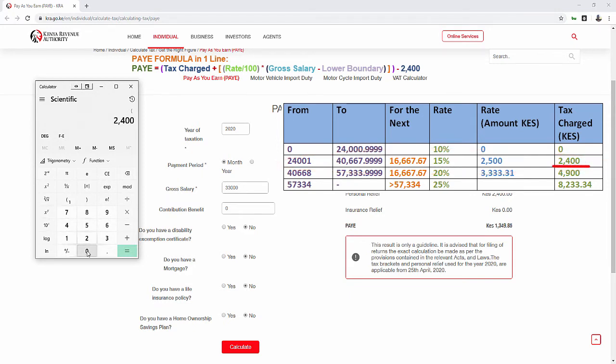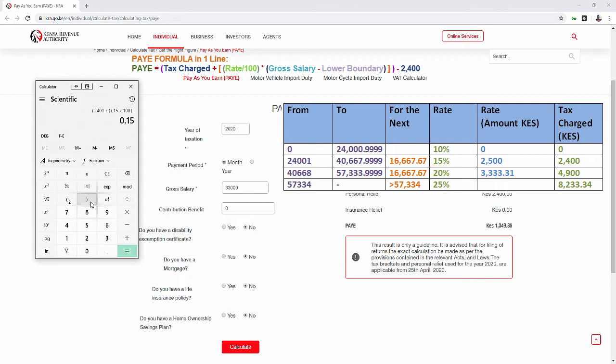We will add our tax rate, in this case we'll put it in brackets as indicated there. We'll get our rate, which is 15%, or 15 divided by 100, and we multiply